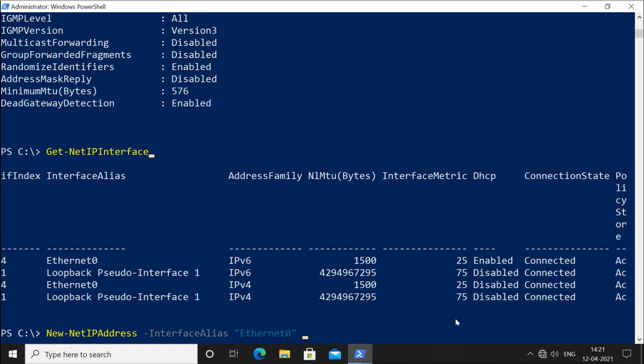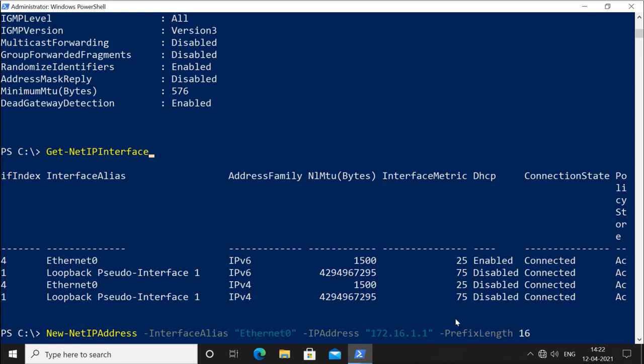Then I will say whatever address I want to configure. This time I will configure 172.16.0.1. Then you will configure the prefix length, whatever length you want. Because I am using class B, it will be 16.